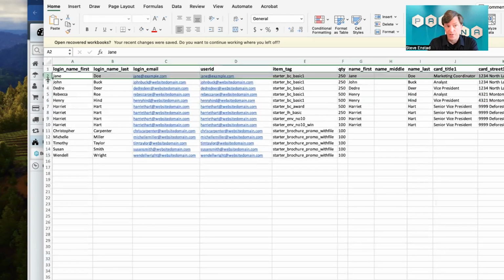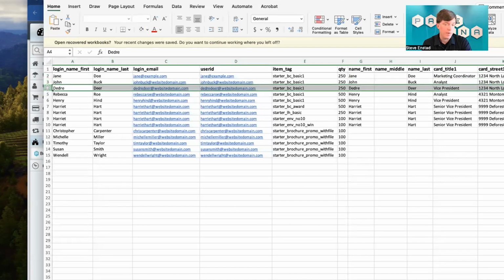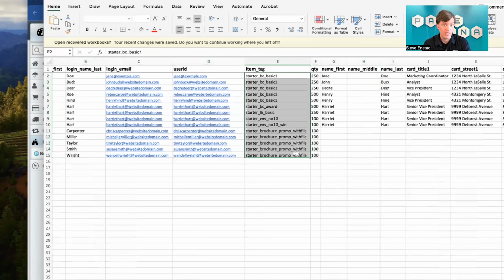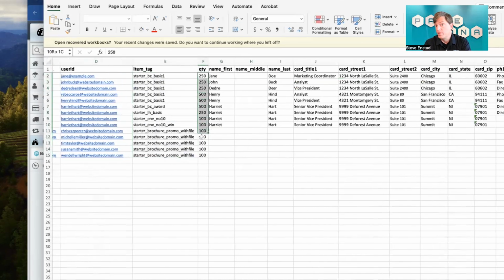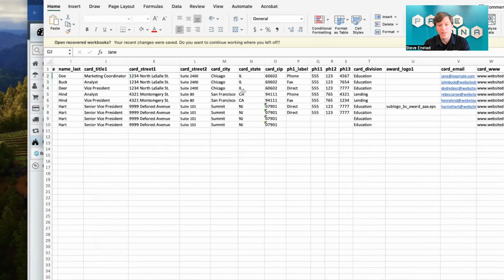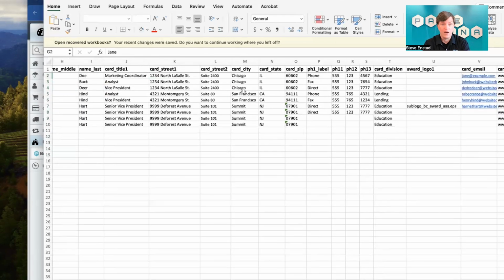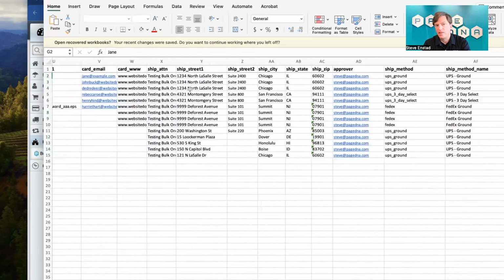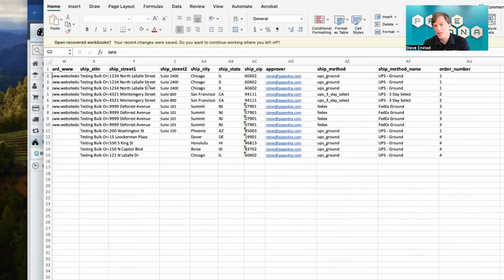Each row in this spreadsheet is going to become a separate item in a shopping basket. And that item might be a variable item like a business card, in this case, an envelope, or it might be a promotional product, something like a coffee cup or a t-shirt. So here we're identifying which product is being ordered for each row. The next column, as you can see, is quantity. And then we get into imprint information. This is the information that will become part of the design on, in this example, the business cards. As we go further, we're going to see we've got the name and the title and the address, and